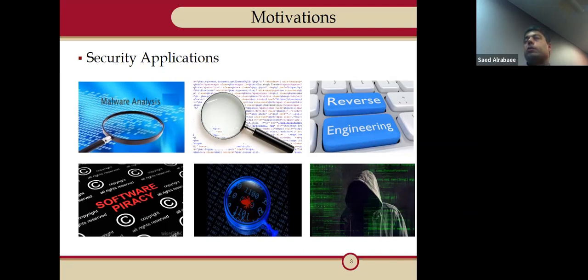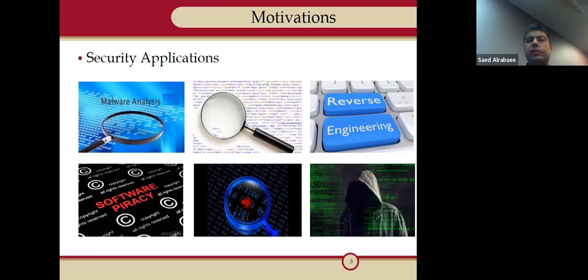It's also important for software copyright. Many times you design a software or an application and you make it public to everyone. And what happens is that the bad guys take your code and try to change it, and then they say, that's my code or that's my application. The problem is that sometimes when you ask them, can I see the code, they say, oh, we don't have the code, I lost the code, all I have is the binary code. So if you have a good or efficient tool,